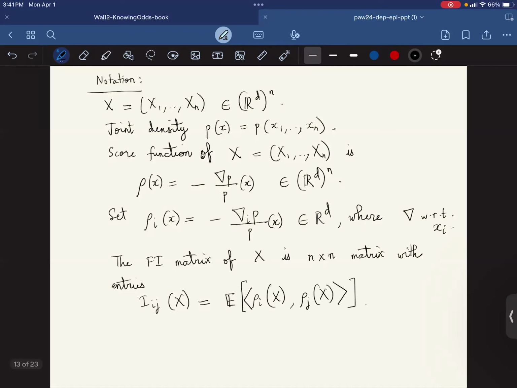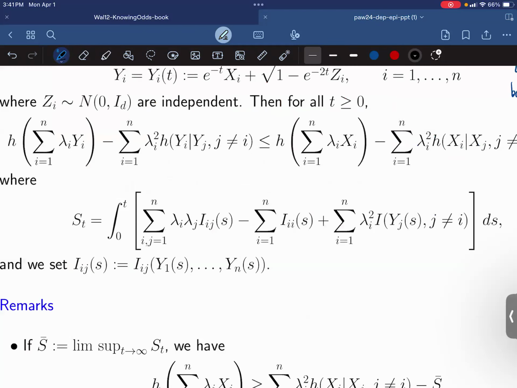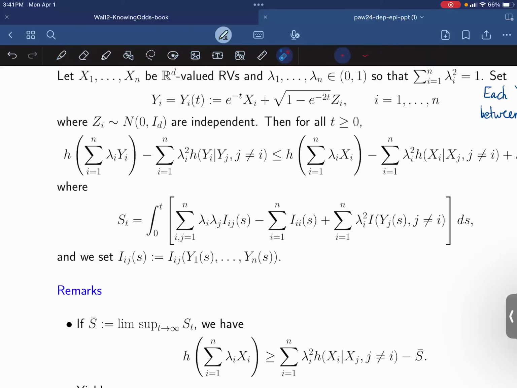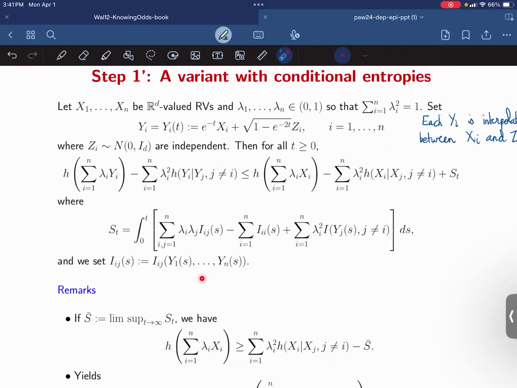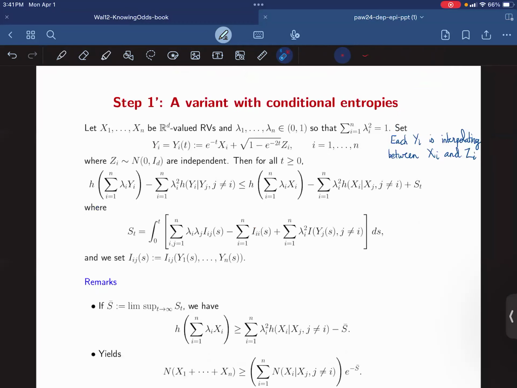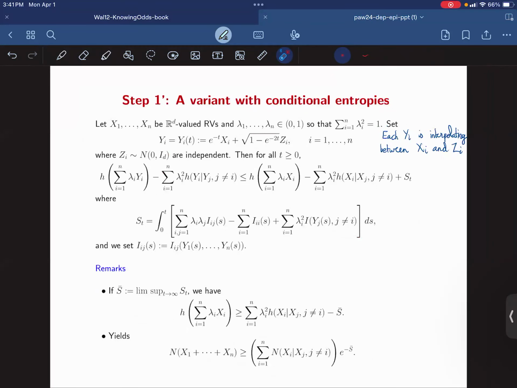So that's what these I_ij's here are: the entries of this Fisher information matrix, not of the random variables X, but of these random variables Y_1(s) to Y_n(s), where these are the Ornstein-Uhlenbeck evolutes. These are the evolutes when you have added an appropriate amount of independent Gaussian. So anyway, it looks complicated, but this is the typical way in which one does things